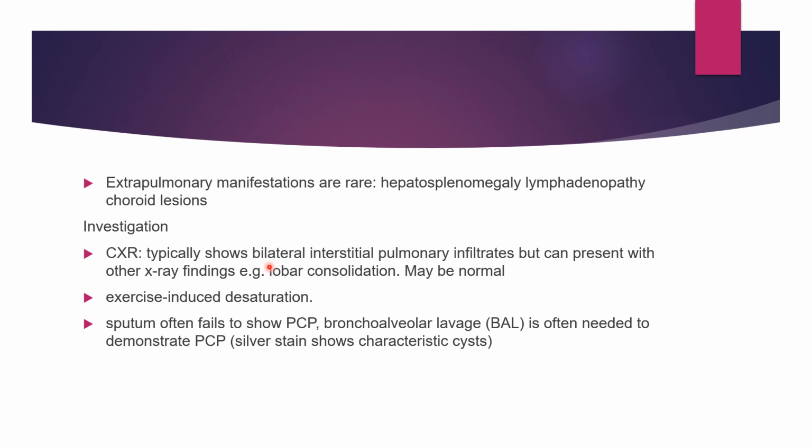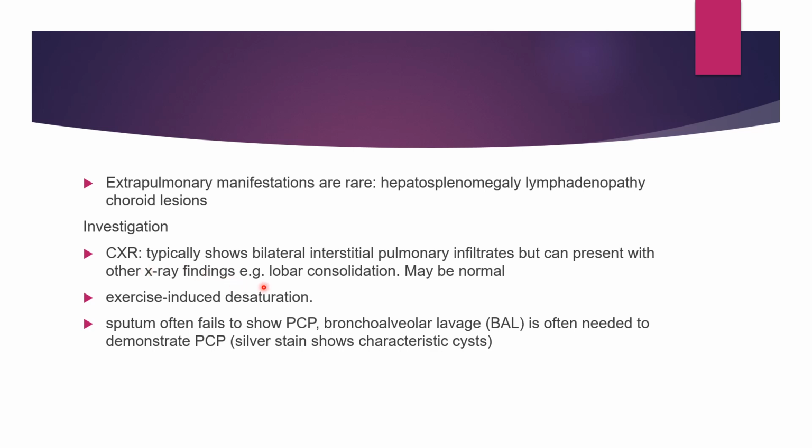And then they will give you some extrapulmonary manifestations. They can be given or not in the question, such as hepatosplenomegaly, lymphadenopathy, choroid lesions. And they'll give you that this chest X-ray is normal. Then don't confuse that the patient is not having pneumonia. Even if the chest X-ray is normal, the patient can be having PCP pneumonia because the CD4 count is less